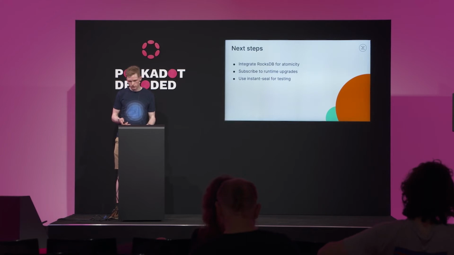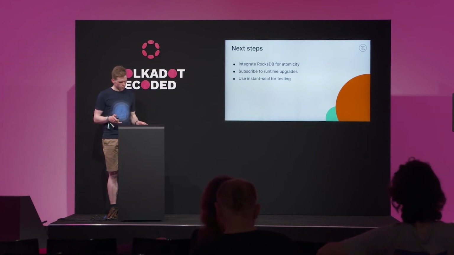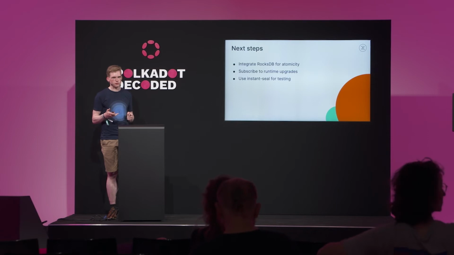The next steps for us is to actually make the Vault client stateful. And this should alleviate a lot of the concerns we've seen over our earlier phases and even on our Canary net. We also want to subscribe to Runtime Upgrades. Currently, forkless Runtime Upgrades give us a bit of a pain on the Vault side because everything is native, which means that we can't really upgrade on the fly. There's a lot of operations that we require statically compiled